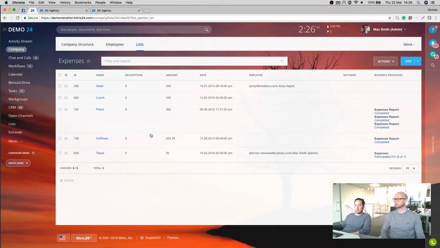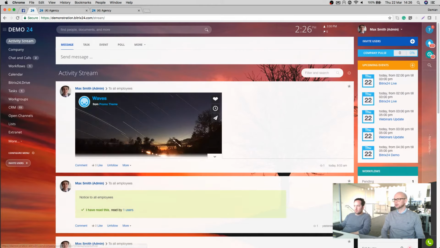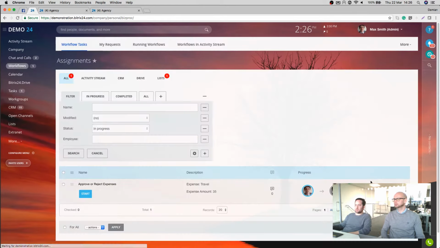Can we create a new one for approval or something? Yeah. So if we go into the process here, and then click into, let's say this is going to be expenses, and then what we're going to do is, when a new expense has been added, we're going to trigger this process here. So if we click on save,